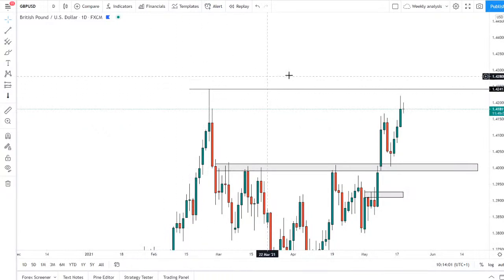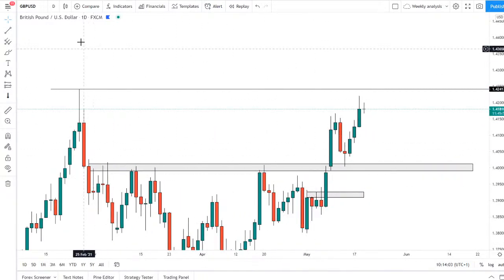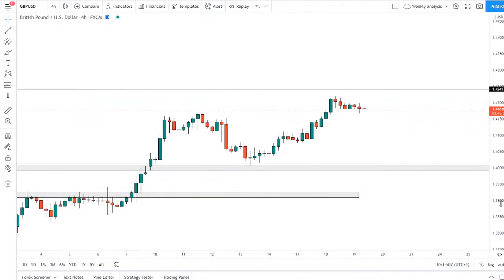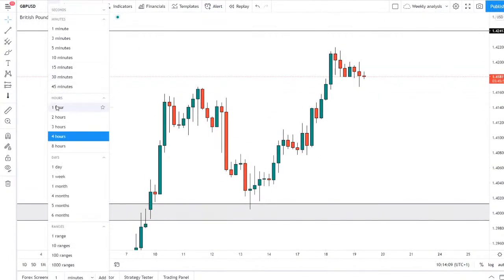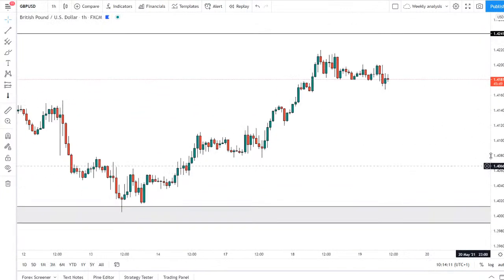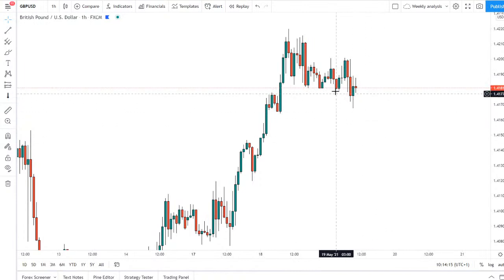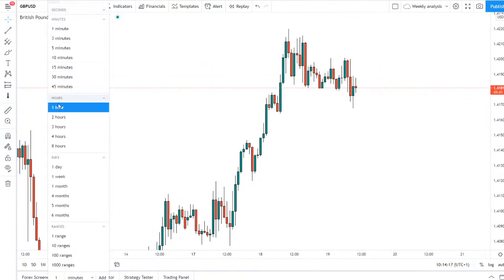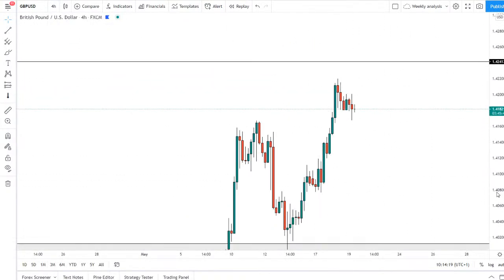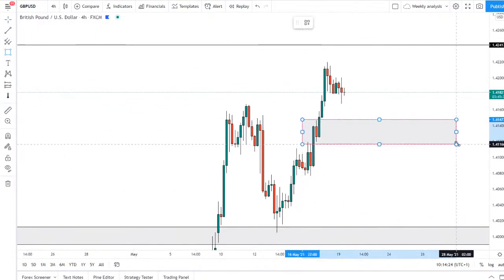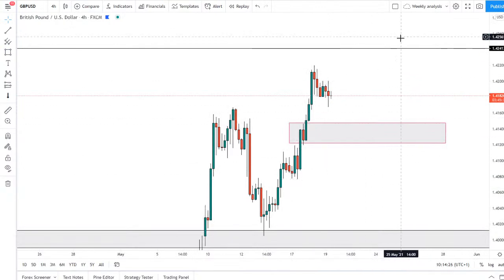So this high with that wick, we haven't quite created new highs yet, but I still think we can. It looks like we might be in for a bit of retrace first before maybe another move higher. You can see in the hourly choppy price action, but overall we are trending to the downside slightly, so we could see a little bit more of that on the hourly time frame before maybe pushing up further to the upside. We do have this area here in the market where the price might want to come tap into it before